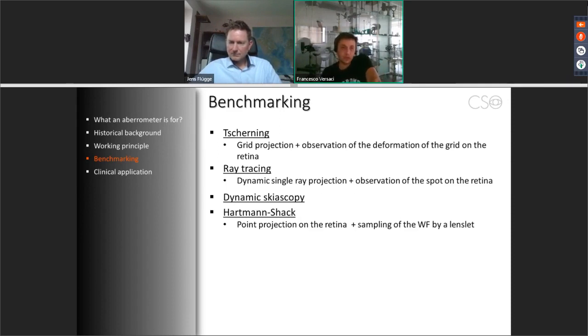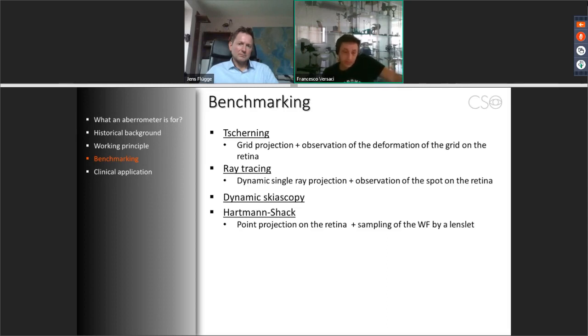And those are using the pure shading. One device is using the ray tracing. The ray tracing is nothing but modifying zoning, so it's a kind of dynamic shading, because instead of projecting a full grid of points, they project a grid ray by ray. So they do not risk any overlapping among rays, but it will take more time to have a single acquisition. That's why the Tracy device is measuring just 256 points, which are few compared to the rest of the devices